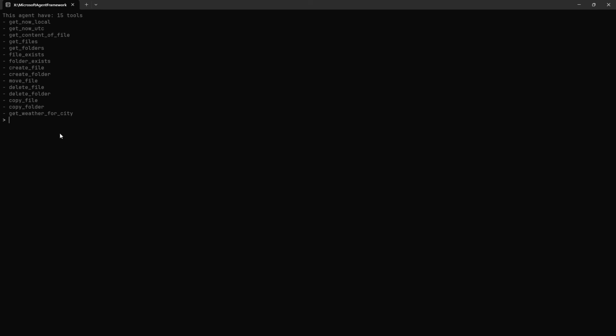All of these tools are from my agent framework toolkit that you can get for free if you need to, so you don't need to make them yourself. But the important thing is there's a lot of tools. And the drawback of a lot of tools is that if we, for example, just say hi, we end up spending 547 tokens on that.